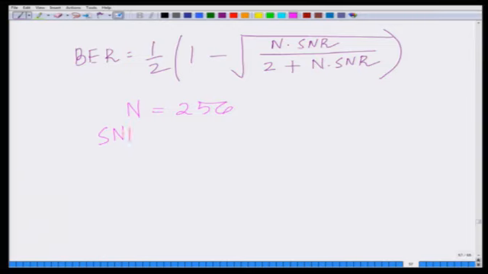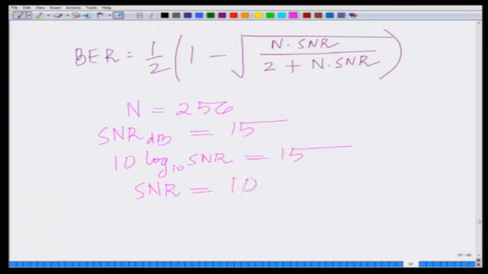My SNR in dB equals 15 dB, which means 10 log 10 SNR is equal to 15, which means SNR is equal to 10 to the power of 1.5, which is equal to 31.623 approximately,